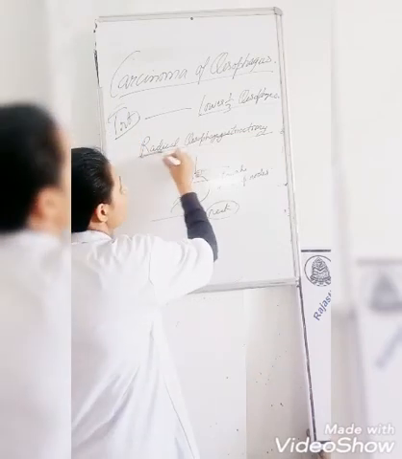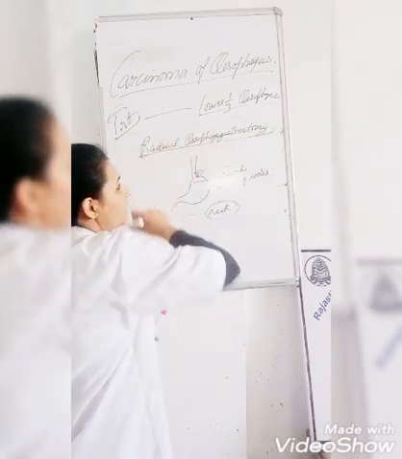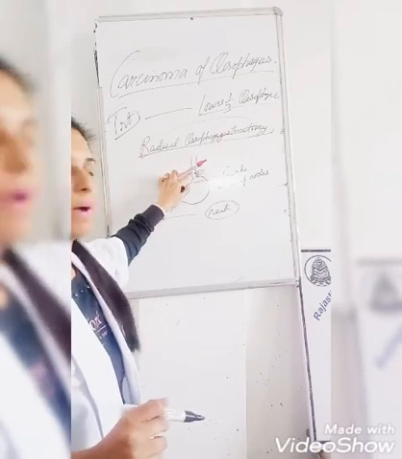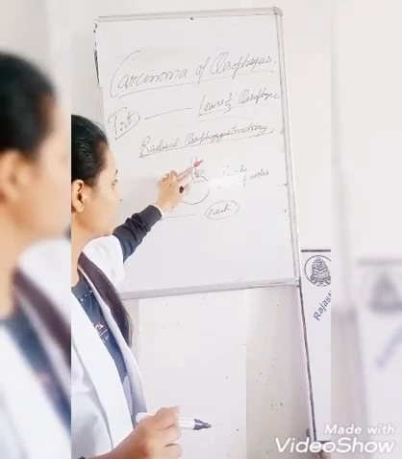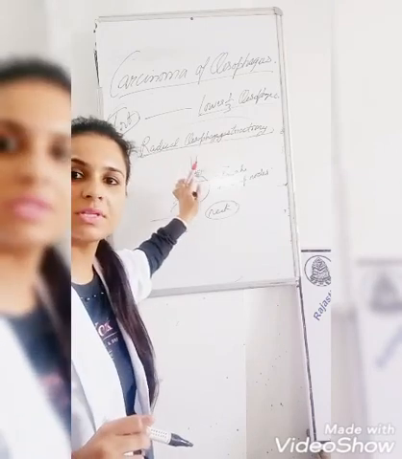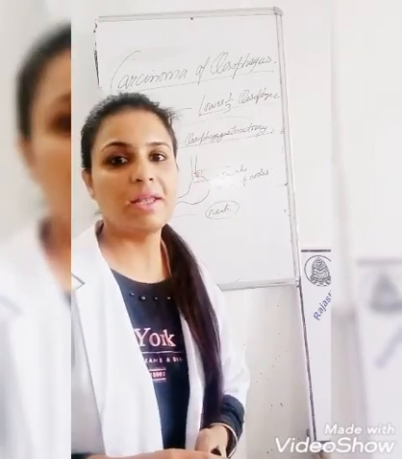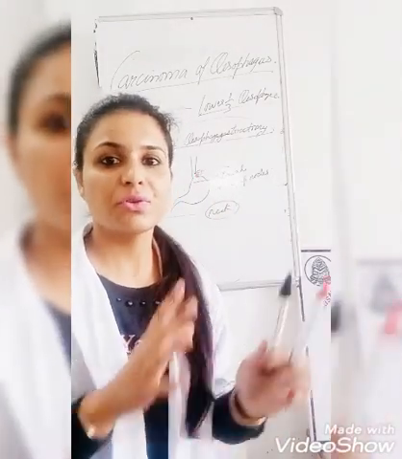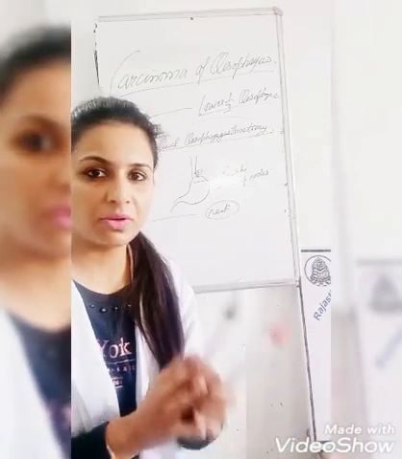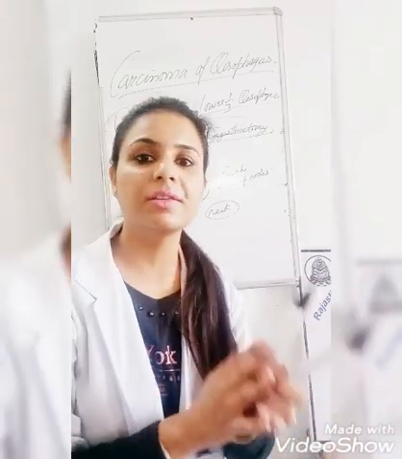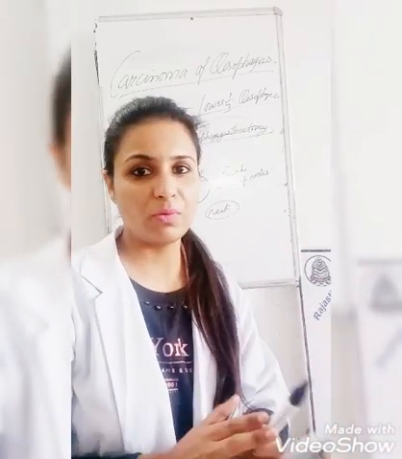So this is radical esophagogastrectomy, when the lower one-third of esophagus is removed along with some part of stomach and some lymph nodes which are affected. This radical esophagogastrectomy is done when there is cancer of the lower one-third esophagus.